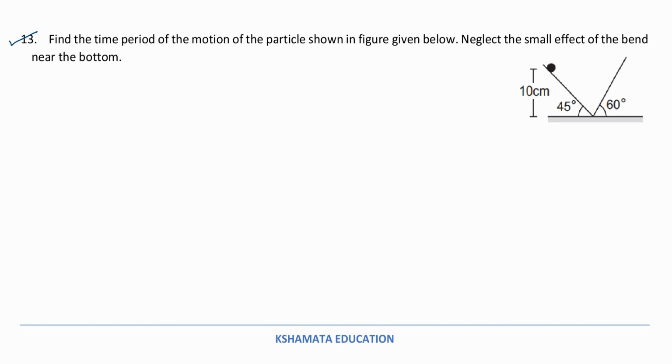So I'm solving one half of the motion. We have a height h, and the particle starts coming down from here. We are considering this angle as theta. So I can write the component for g as g sine theta down the incline. And if I consider this distance as x,